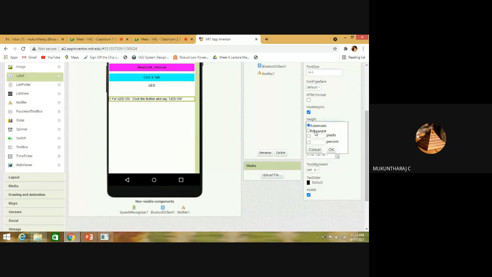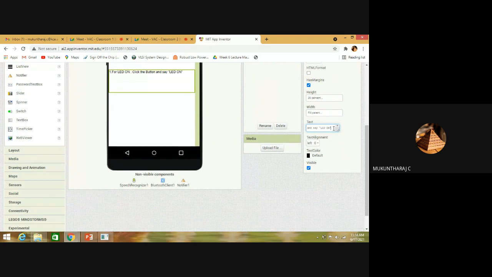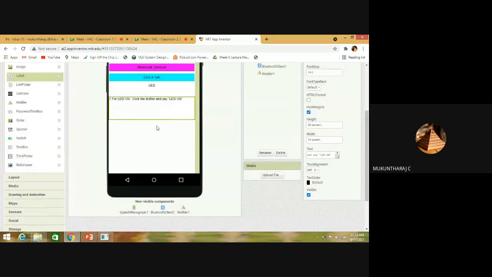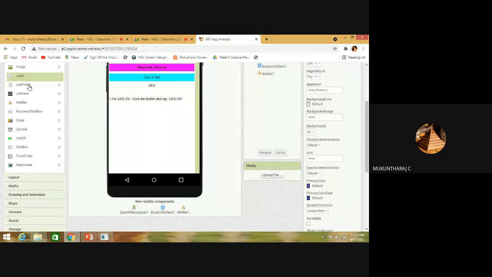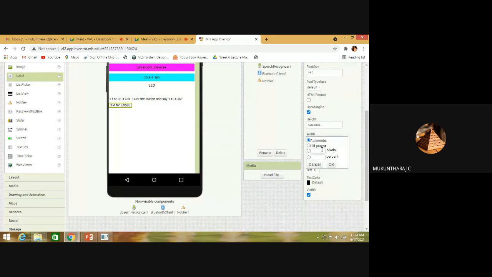We'll see the height. Percent, we can give 20 so that I can give one more line. I can't give one more line, so what we have to do is adjust the height and use one more label for that. That's it. So we can fill the width, and this is for 0.2.